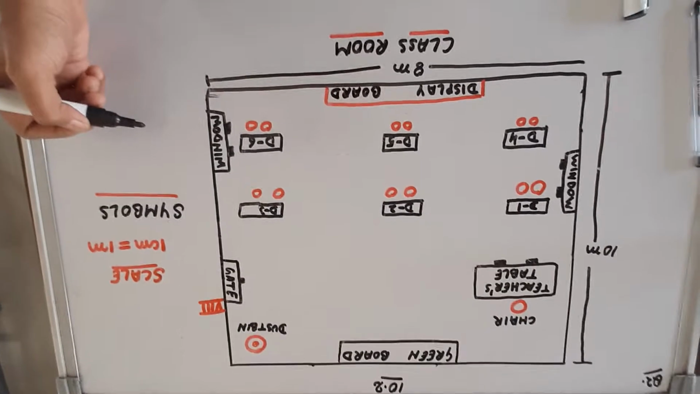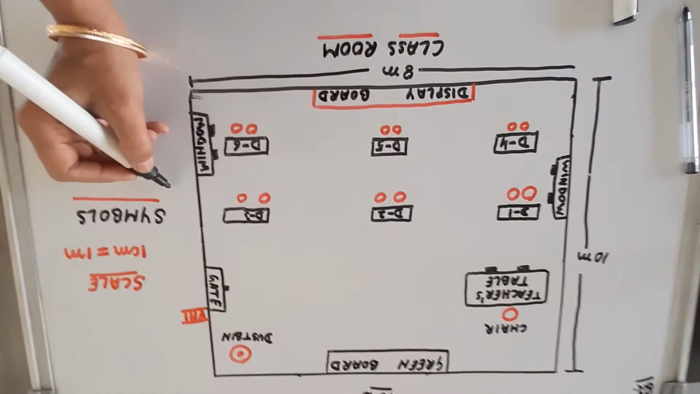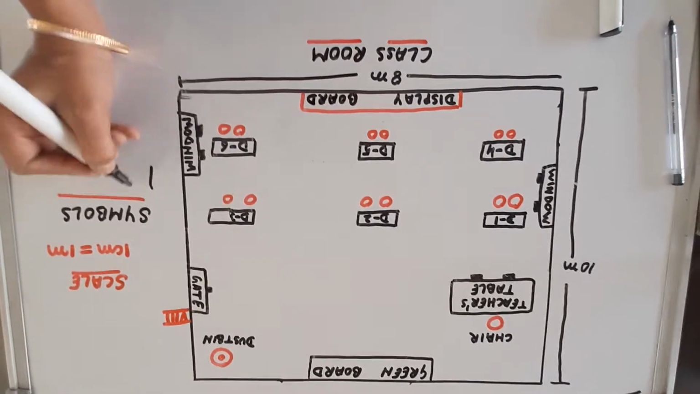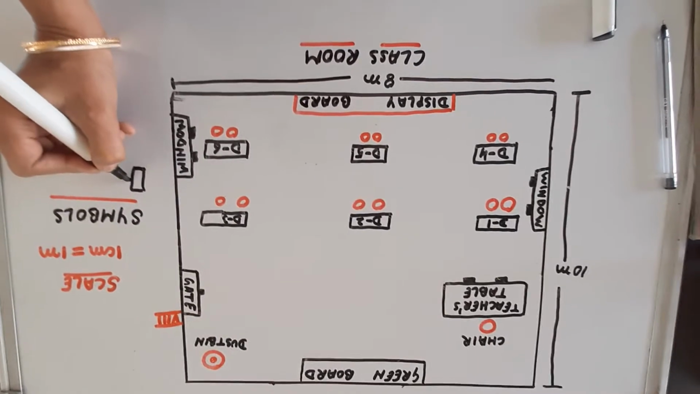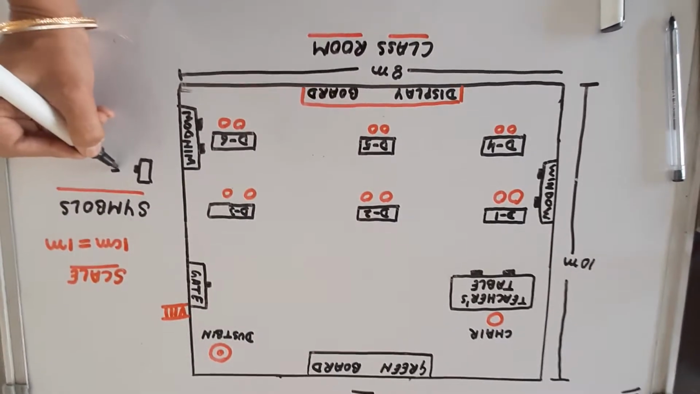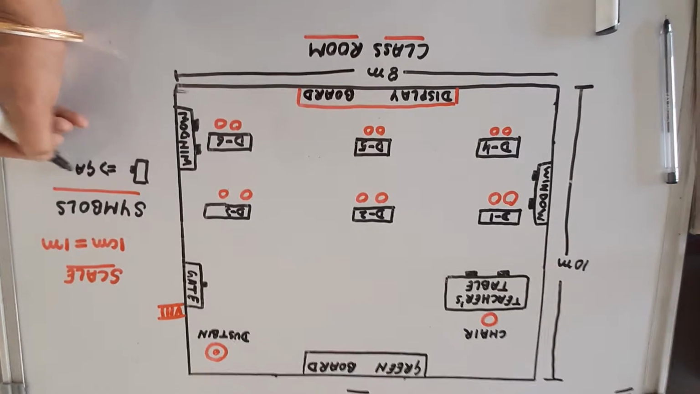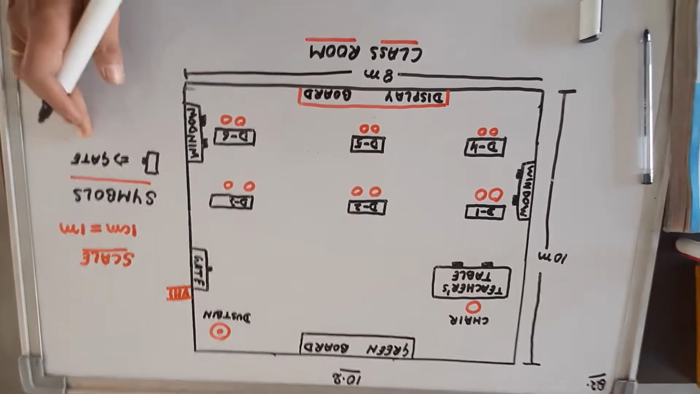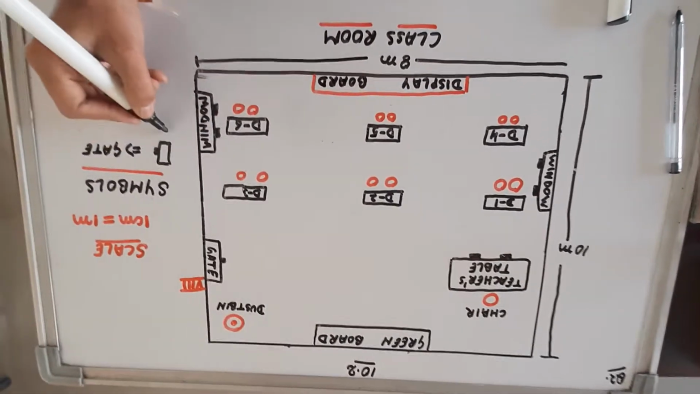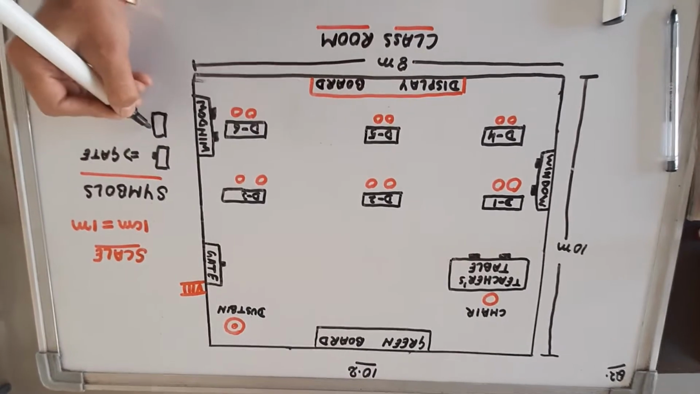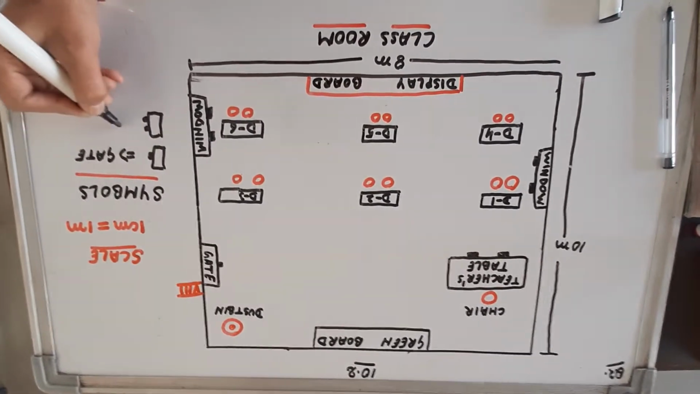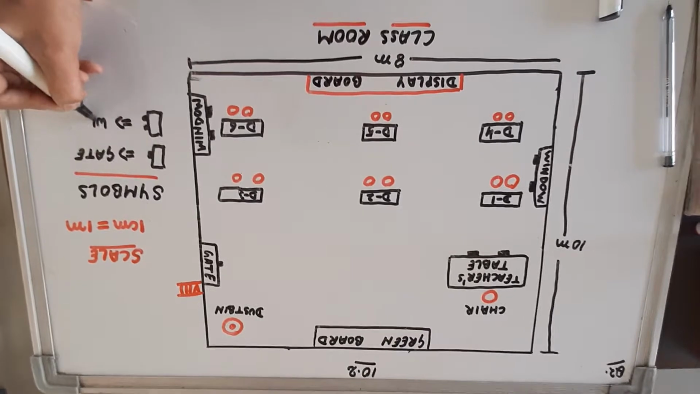So dear students, let us start from the gate. So we will mark the gate like this with 1 handle and we will write it as gate. That this symbol is used for gate. Then we will make window pane with 2 handles. So we will write it here window,